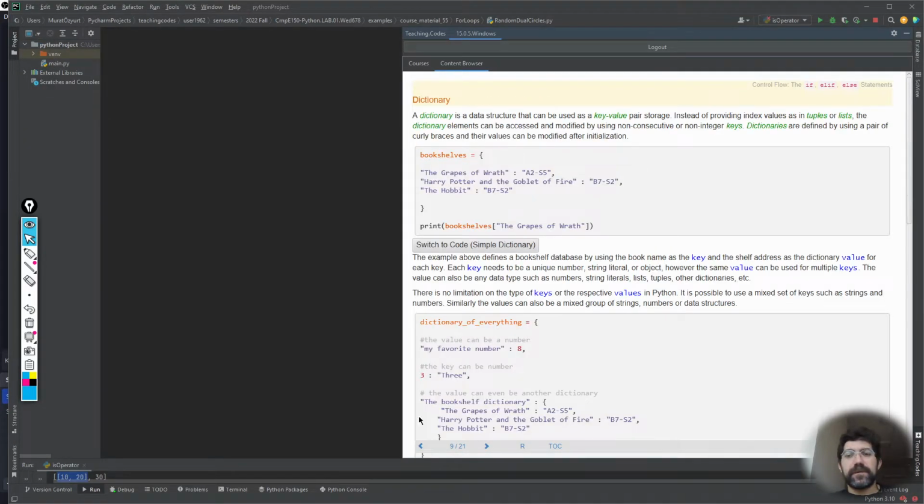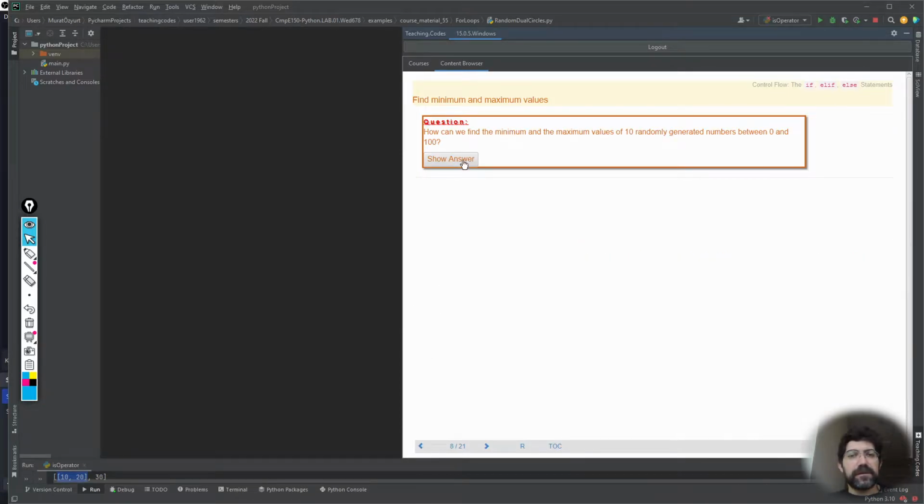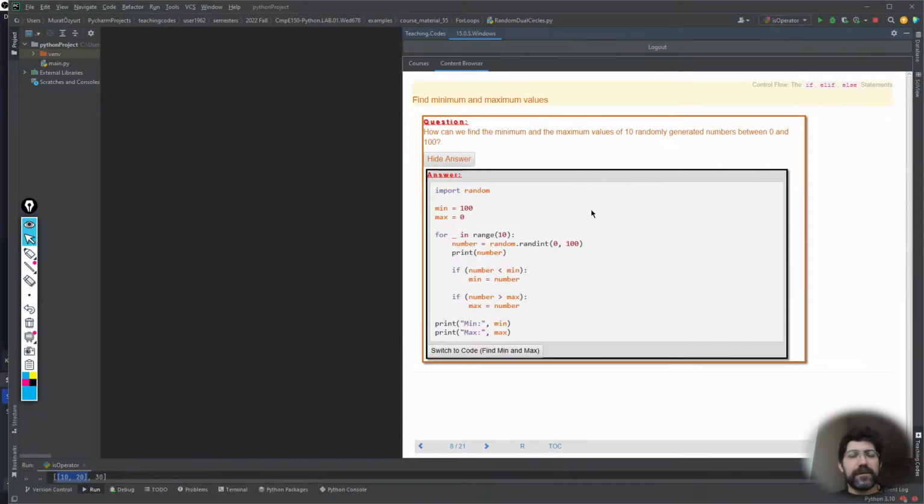In this section, we are going to discuss the data structures which we have seen in earlier sections. First, we have the problem of finding the minimum or maximum values of 10 randomly generated numbers, which are between 0 and 100, or randomly generated numbers may correspond to people arriving with different